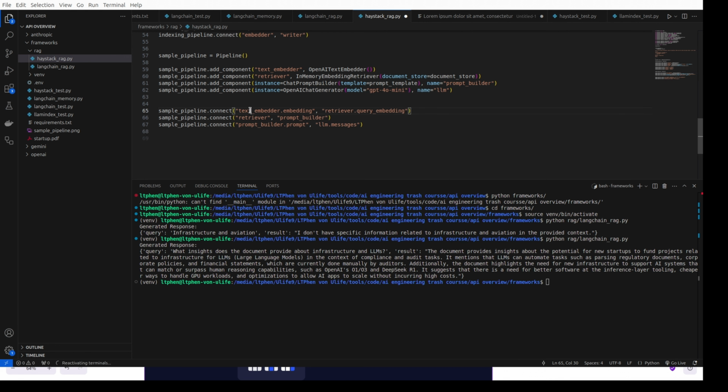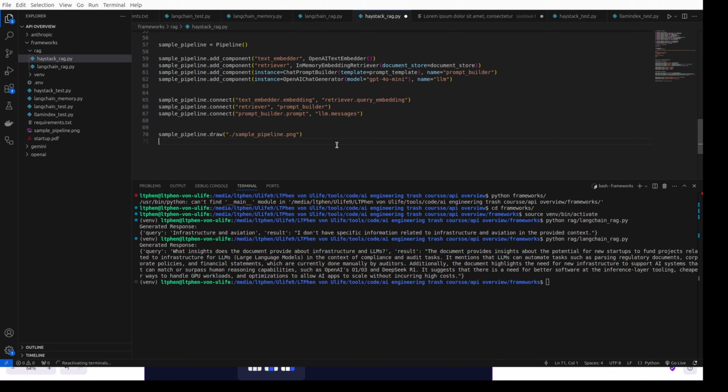We get the text embedder, it will give us back embeddings, and the retriever query embedding is the part that will use the result from this. We'll use this embedding as result to go in the in-memory retriever and get the right documents. And the answer from the retriever will be fed to the prompt builder, and the prompt extracted from the prompt builder will be passed as a parameter to this LLM messages. Same. We can simply grow our architecture so you can see. So if we run this,